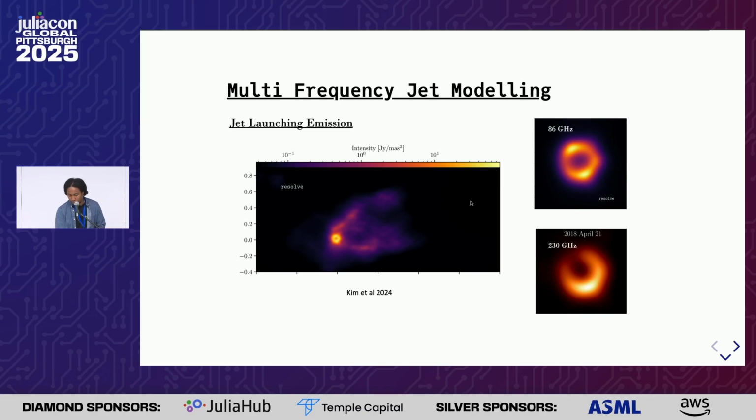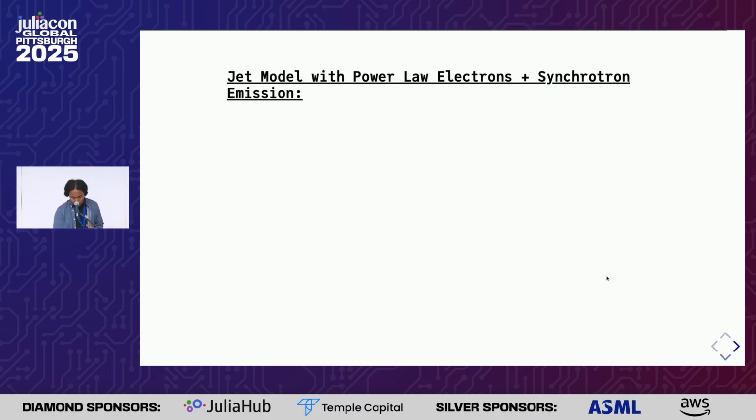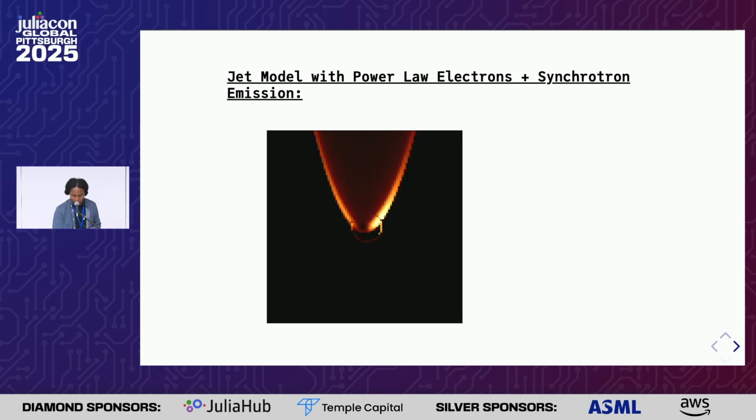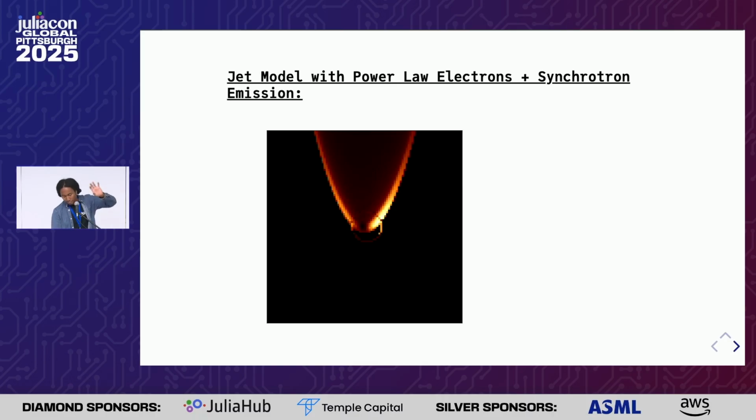But strangely enough, the 230 gigahertz image from the EHT does not show this feature. But it might be there. It might just be that we need more robust models and better priors in order to extract that information. And I flashed this geometric model again. I think this is the avenue to go forward in order to understand what's going on in that